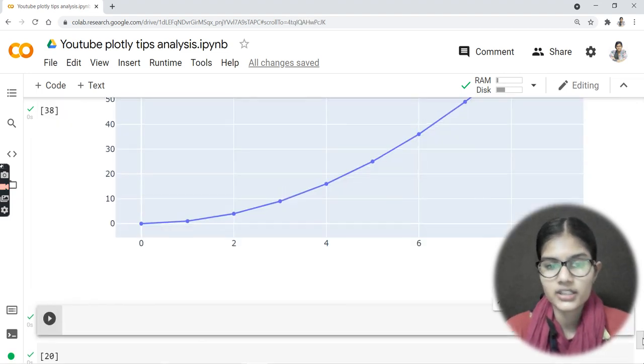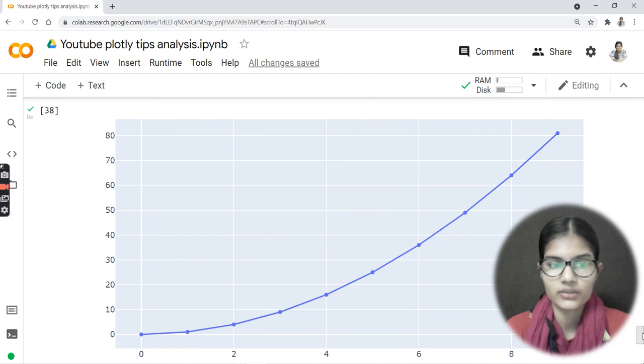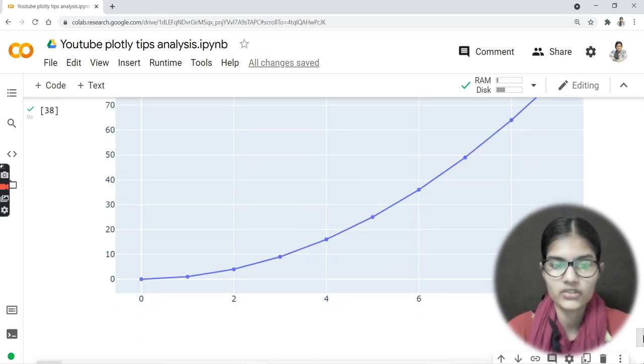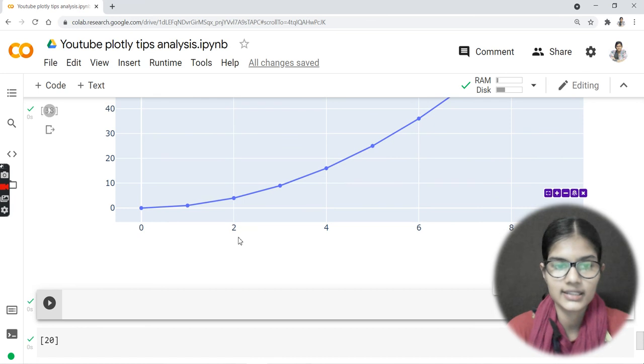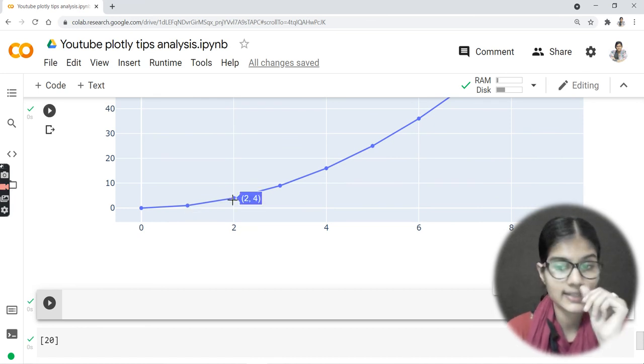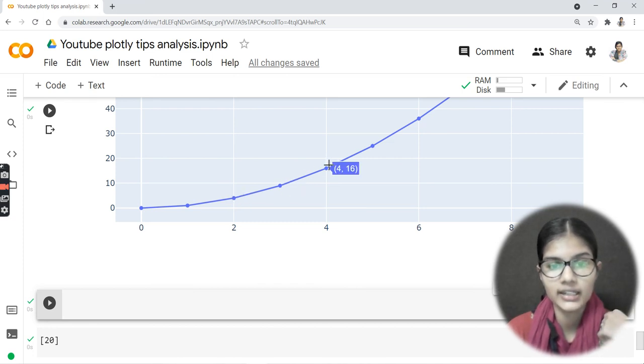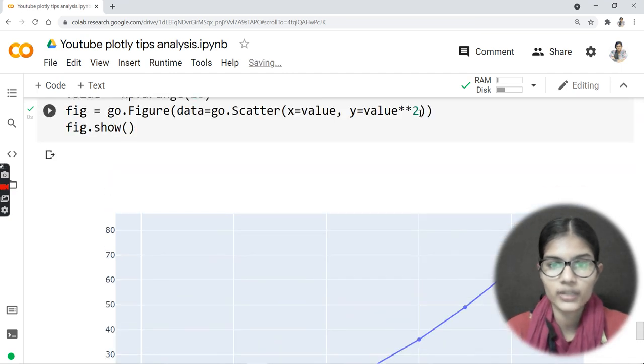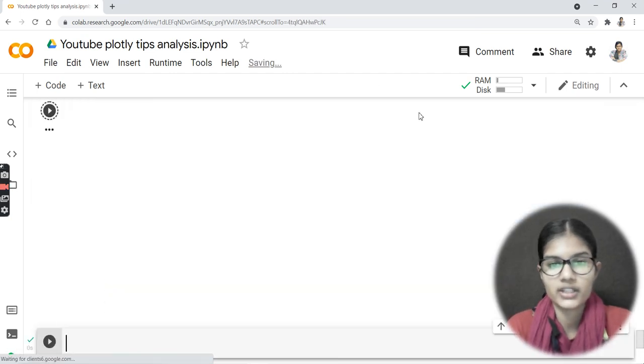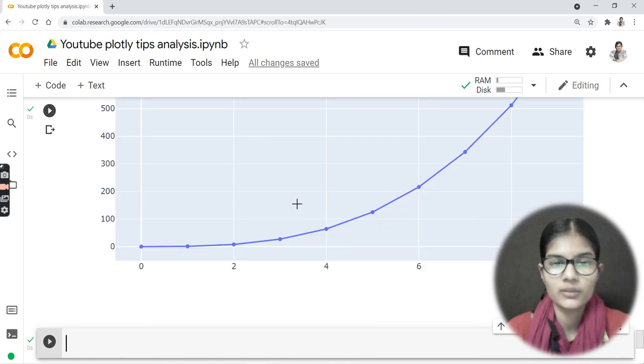Fine, so now have a look at what I am getting. I am getting this particular graph which is 0, and then at some point 1 comma 1, it is 2 comma 4, because we are getting the square for all of the things, right? 2 comma 4, then 3 9, 4 16, 5 25. In the same way, if instead of this 2 I write here 3, in that case as well it will plot the thing.